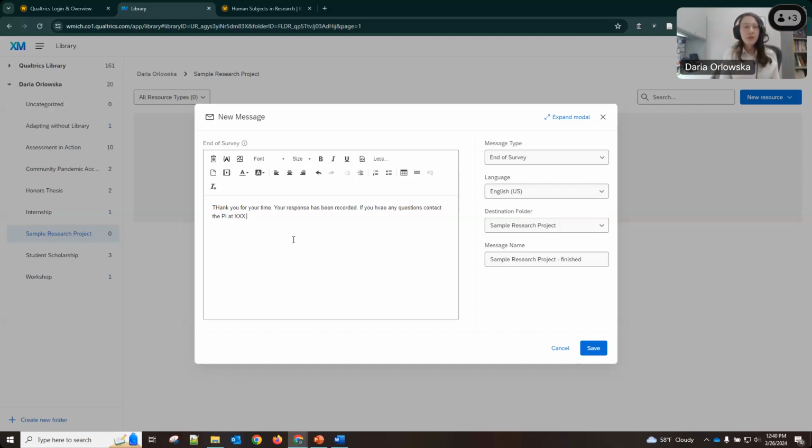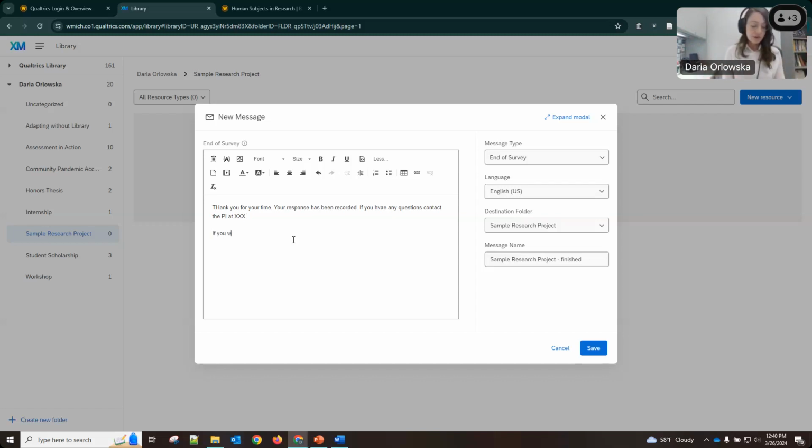This is also a really good place at the end of your sample research project to put a custom message, or a link to another survey if you have an incentive, for example, a raffle, and you do want to collect personal information. As part of the anonymized survey, you're not allowed to collect any identifying information. In fact, we will go through the options in just a little bit, and we will make sure that option is turned off. So you will want to create a new survey that collects that information. You can do that here.